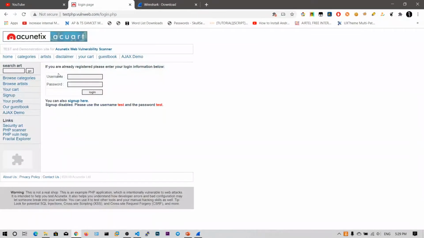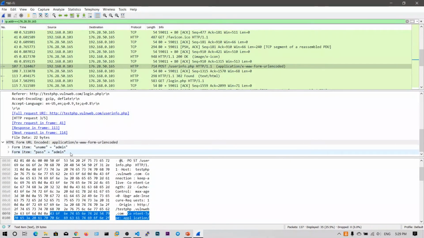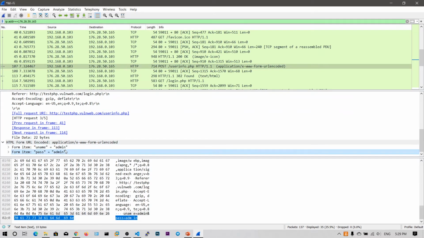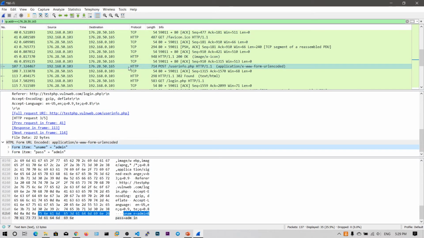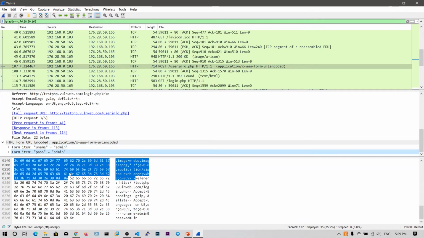The parameter name is uname and the password is pass, and these details are sent in plain text, because HTTP itself is a plain text protocol. That means it sends the data as plain text. That's why we are clearly seeing admin and admin, which I typed in the login box, in plain text.